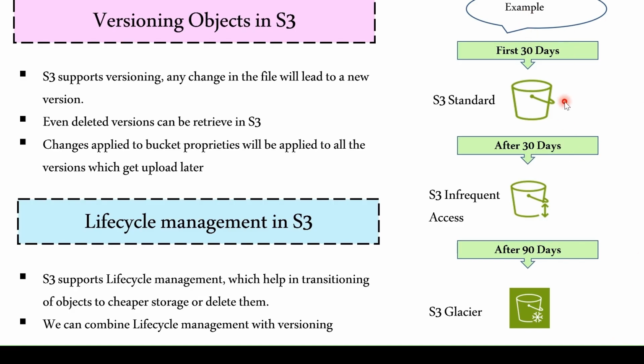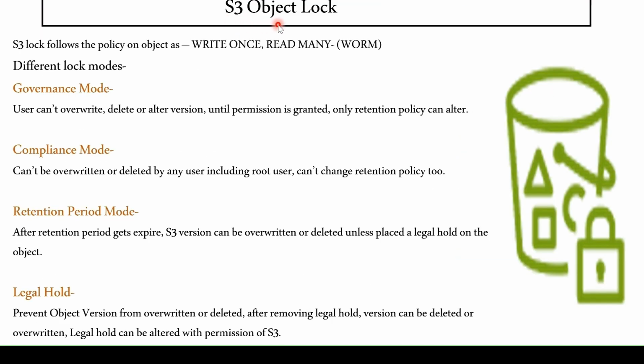For example, I have stored a file in S3 Standard, and that file should be here for the first 30 days, and after 30 days that file should automatically move to Infrequent Access, and after 90 days that file should automatically move to S3 Glacier. So this automation of moving the file based on the lowest option available can be mentioned in the lifecycle. When we create lifecycle management rules in S3, we can define this, and based on this the data will get transitioned.